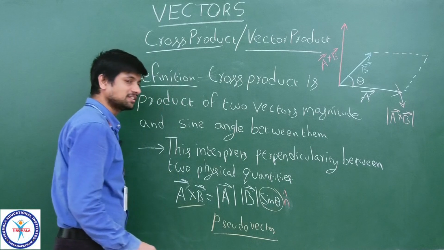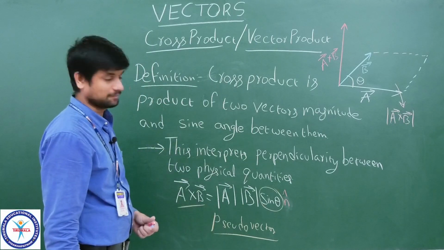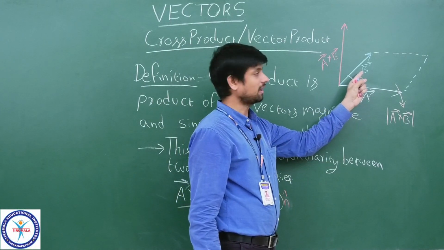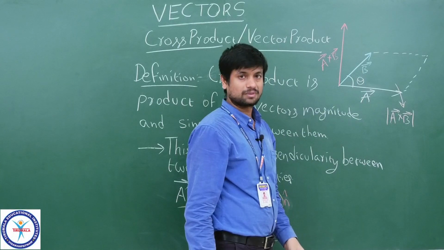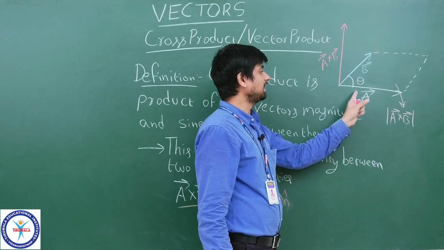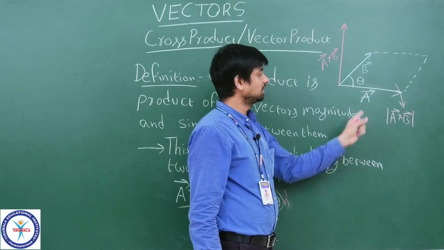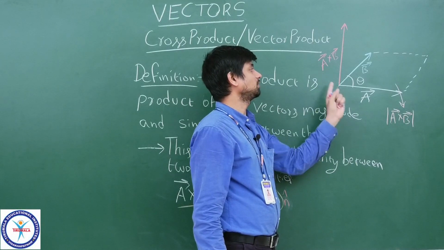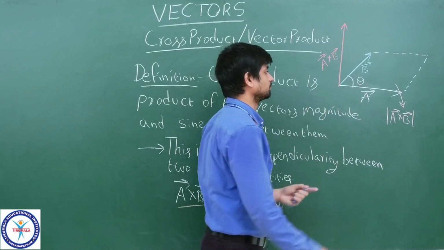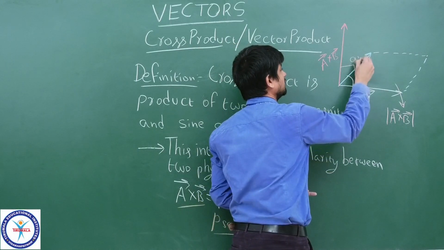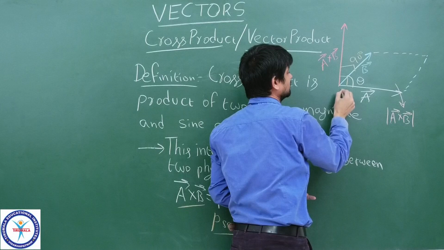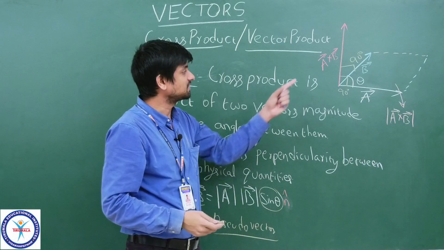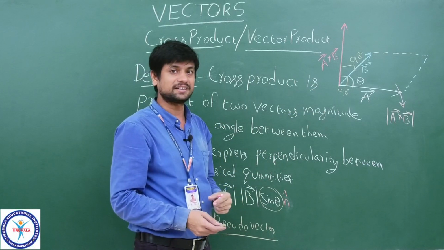Okay. So how this is obtained geometrically, you can see here. One vector A is there and one vector B is there. Now I am multiplying both. If you multiply modulus A, modulus B, and sine of the angle theta between them, A cross B, the product will be perpendicular to these two. 90 degrees here, 90 degrees here. Both are making 90 degrees. So the resultant always makes 90 degrees to this one and to this one.